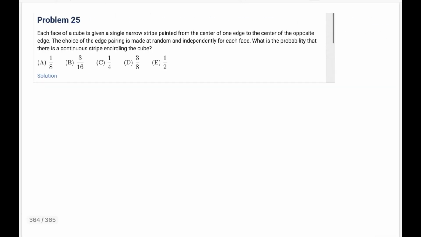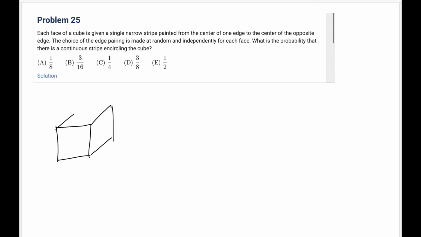And our last problem for today: each face of a cube is given a single narrow stripe painted from the center of one edge to the center of the opposite edge. The choice of the edge pairing is made at random and independently for each face. What is the probability that there is a continuous stripe encircling this cube? Okay, so let's make a cube first,